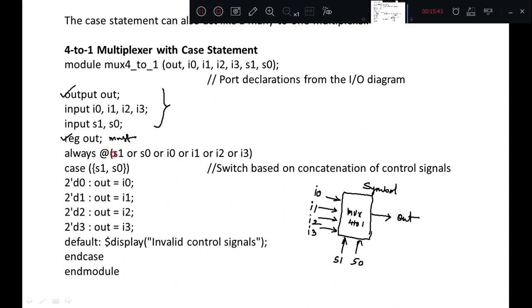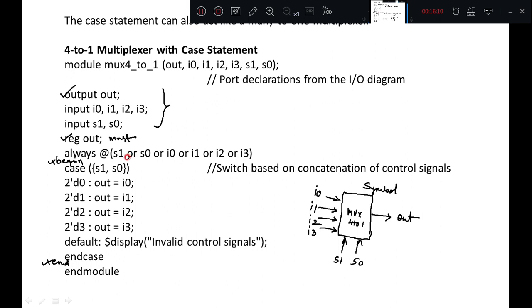Since the always statement has only one case statement, there is no need to write begin and end. They are optional. If you write them, it is valid. If you don't, it is also valid for this particular example, because always has only one statement, that is the case statement.